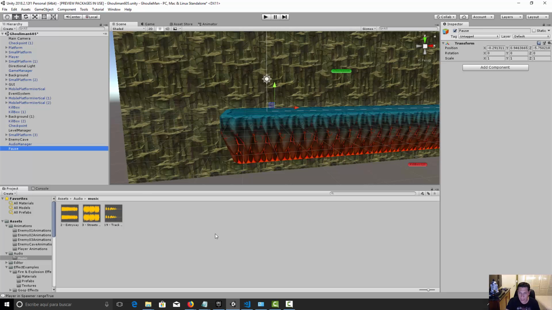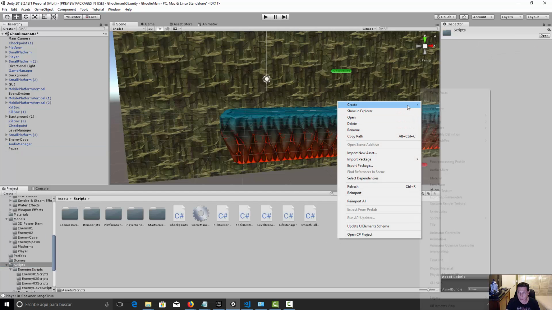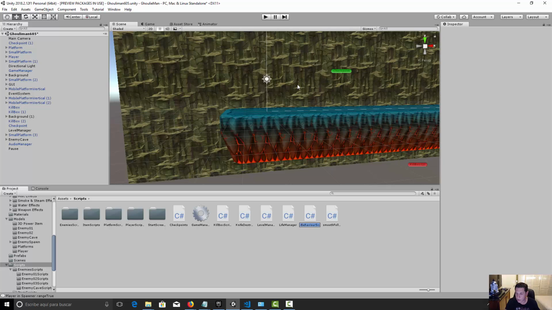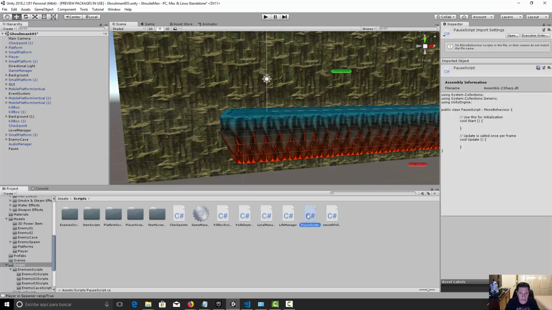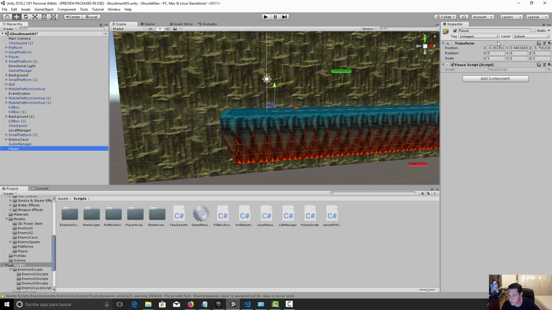Now let's go to scripts. Let's make a new C# script, and we're going to call this pause script. And now we need to assign this pause script to our pause object. So, okay, great, we have this. And let's open our pause script,